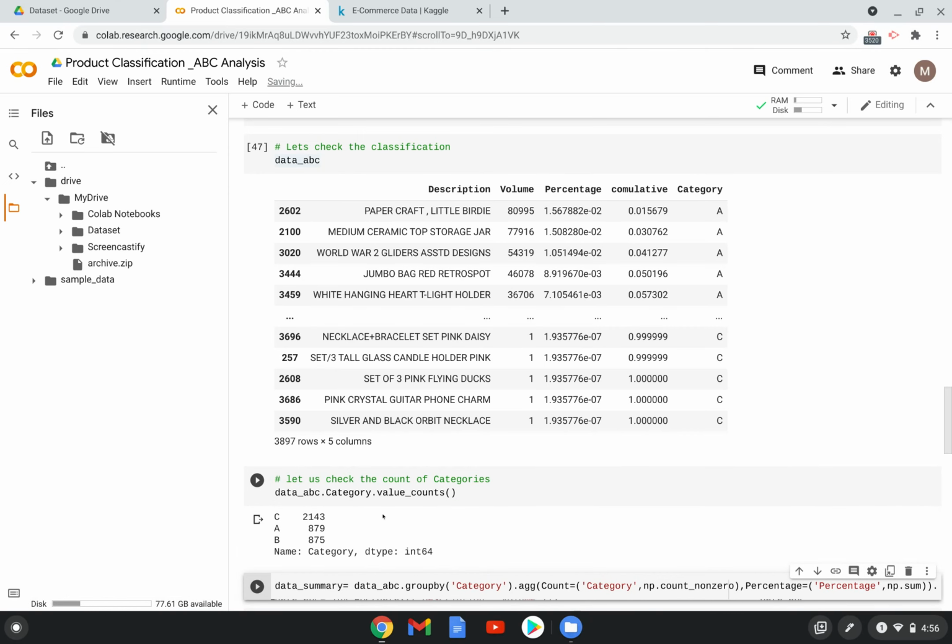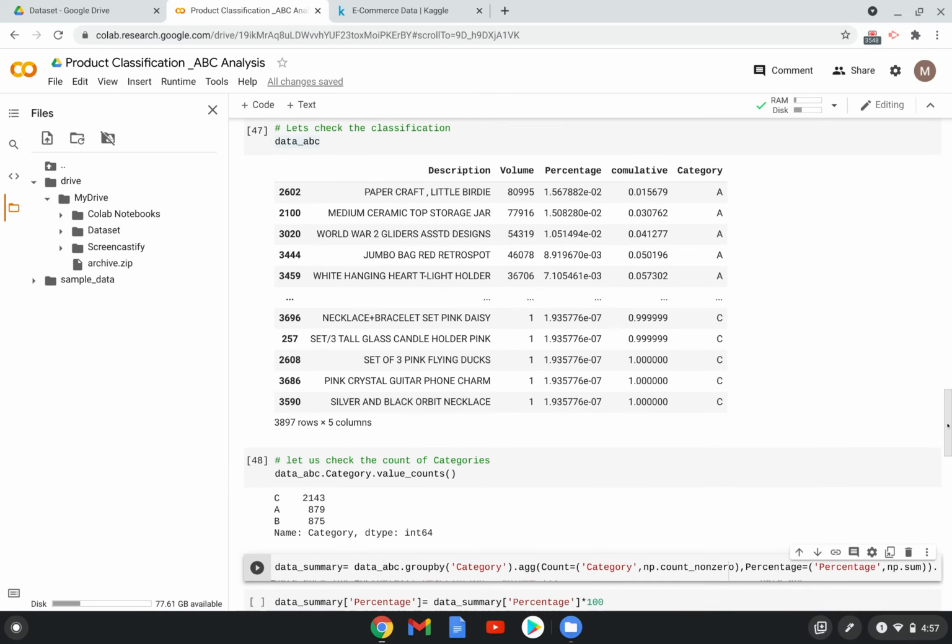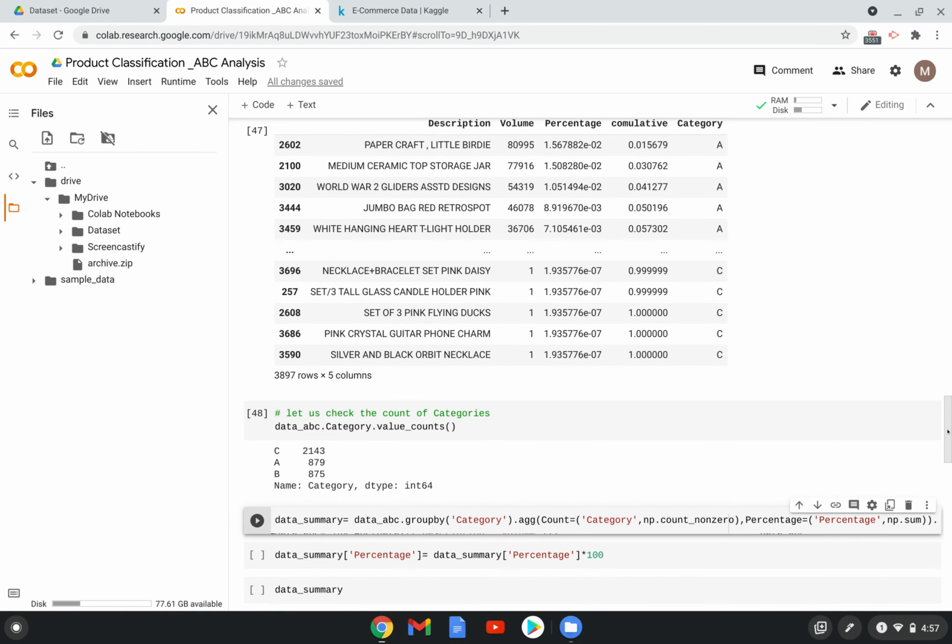There are around 2143 unique C class items and 873 A class items, and around 875 B class items. Roughly 1600 plus 2000, which is 3600, close to 4000 unique items in this UK online store.